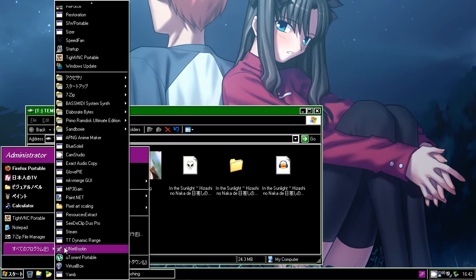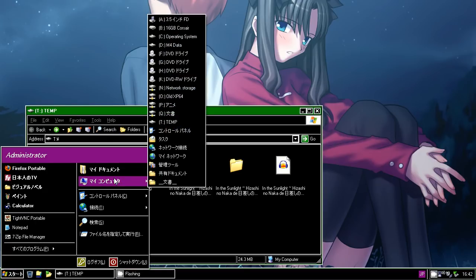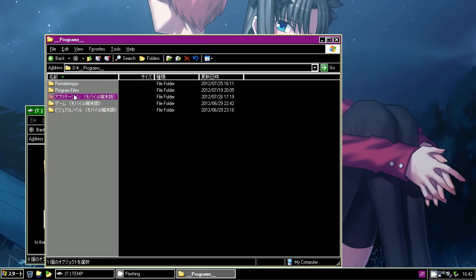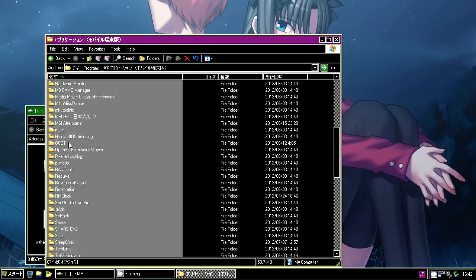So now I would need this, but it looks like the shortcut's work. Man, I'm so prepared, aren't I? Portable program. I'm blind, people.